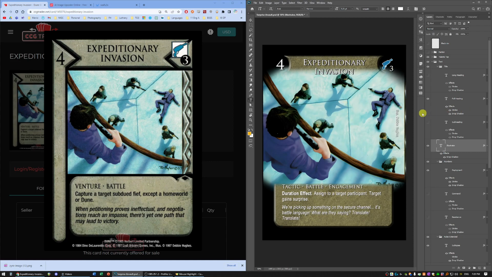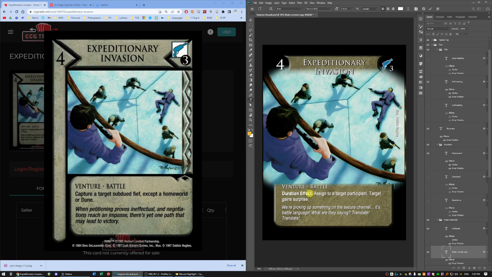Click away. If you want to click off text, you can click on another part of the card that's far away. I usually click on the opposite side of the card and it will clear away from my text. Down here, Venture, space, you can keep these dots in place if you don't know how to type them. To type them, you hold Alt and press 0149 on a keypad. You can't do it on a laptop or a mobile. You need a keyboard. Okay, Venture, Battle,